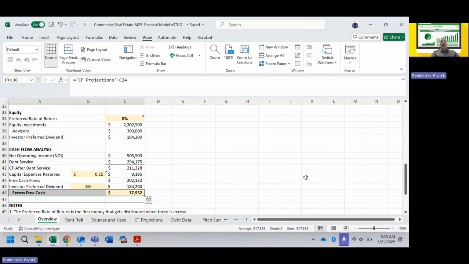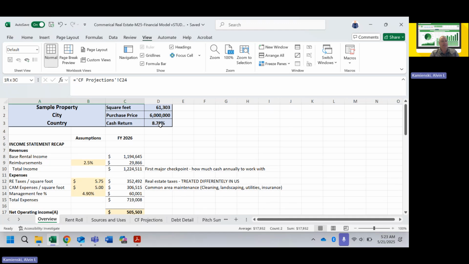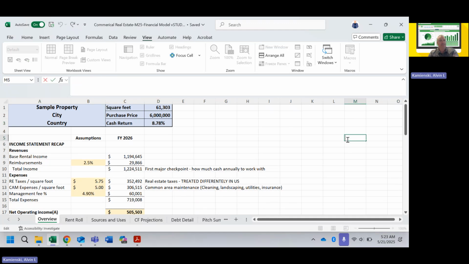What could I do? I could go and give the investors their money back, if I had enough. I could go and just put more into a capital reserve fund in case the ceiling falls in. Or I could accrue it for a new capital investment in an amenity center or in a parking lot. Or I could just hold on to it for a rainy day so that in the end, my calculation can say, look, investors,